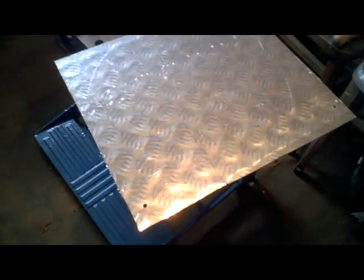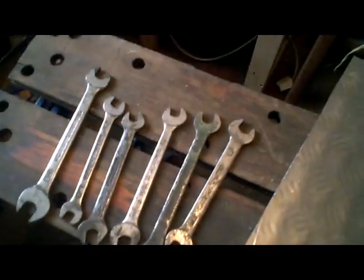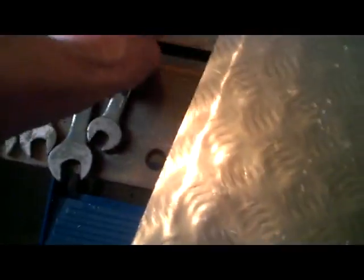What I'm going to do is use this bit of checker plate. I'm not going to use it for anything else. It's easy to make a square one, but I've decided to do a round one. And I've scribed the line. You can see it there, look. So I'm just going to cut that off, make it that size, and I've got these spanners, and I thought that'll be the front side, of course, that side,